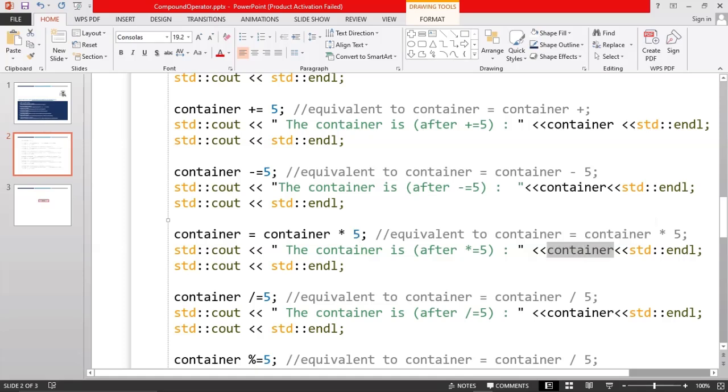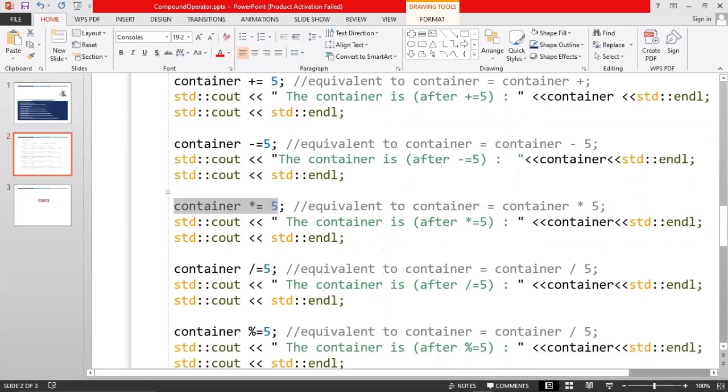To avoid this long procedure, we can just do something like this, and it works as well. Because you're actually telling the compiler that you want to multiply whatever value is here together with this, and it stores the value of